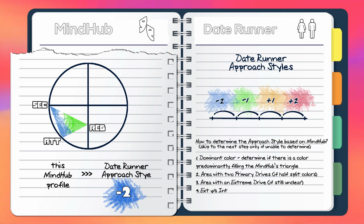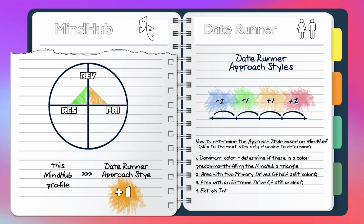In the case that we have a profile with regret, attachment, and security, we will see that the triangle has an even split of blue and green. We have 2 drives positioned in the blue area, so we know this is a -2. Lastly, we have principles, resentment, and revenge, a profile split with green and orange. It doesn't have 2 drives in one color and has no extreme drives, but the profile is extrovert, meaning it